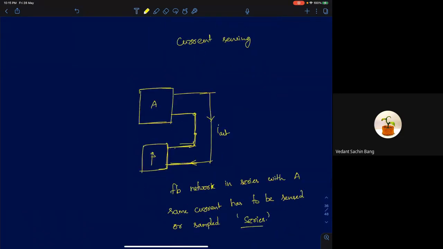Now, on the other hand, if I want to sense current at the output, remember I already discussed, the current through the feedback network and the amplifier should be the same. That is possible only if you connect it in series. So if I want to sense current, you need to have a series connection. If I want to sense voltage, you need to have a shunt connection. Now let's look at the return path, the input port.